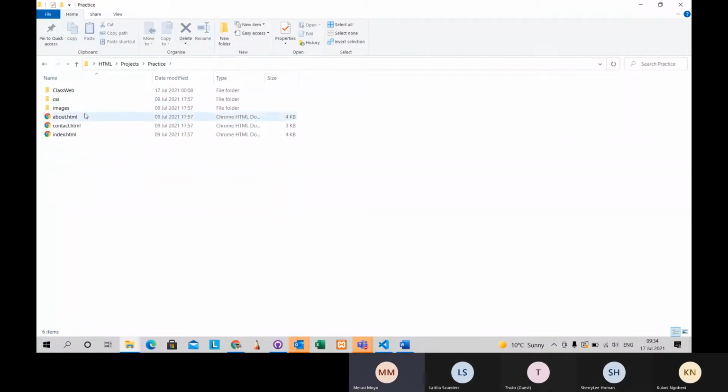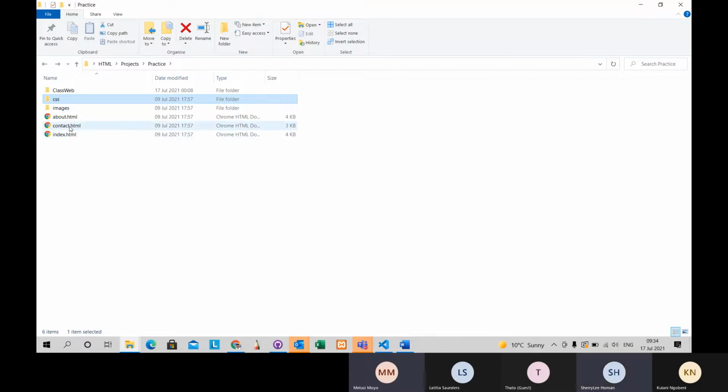So we have something similar to this, right? This is my folder for my class website. So we have a class website, and we have a CSS file there. We also have the about page, which is for information about the website, what your company is all about or what your project is all about, and then contact if anyone wants to contact you guys, which is where the form for filling up their information is,